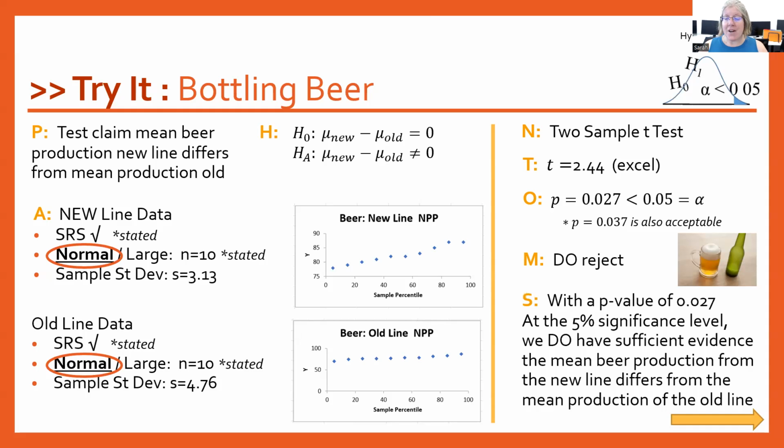So our conclusion here is, with a p-value of 0.027 or 0.037, at the 5% significance level, we do have sufficient evidence to conclude that the mean beer production from the new line differs from the mean production on the old line. All right, so I want to take a look at these two distributions quick in terms of